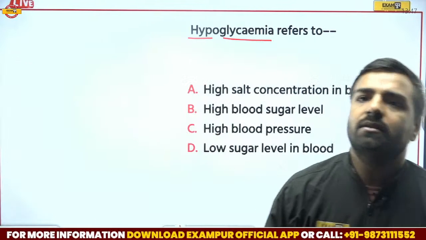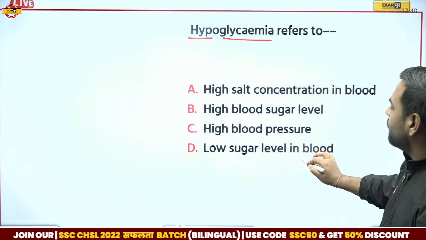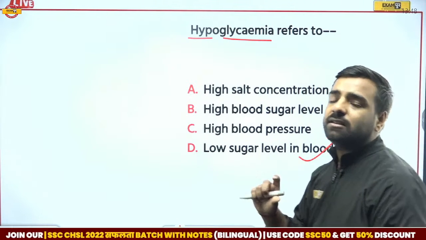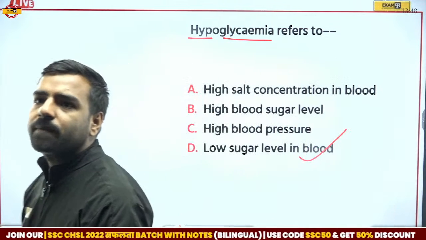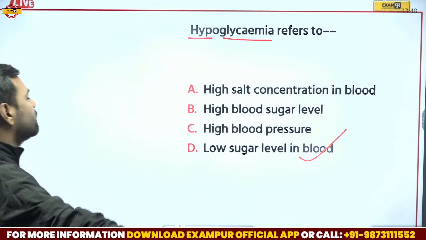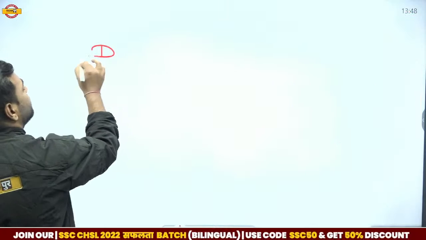Kirti, what do you think? Yeah. So the correct answer is option number D itself. That is low sugar level in the blood. Now just think of a scenario if there is more glucose in the blood. Comments are coming quite late. Yes, Savan. Okay. So let me tell you, there's one more scenario in this. If I talk about diabetes mellitus.